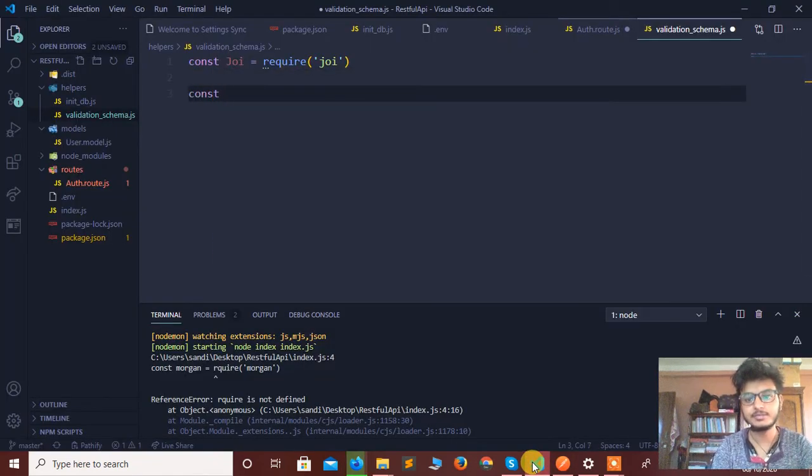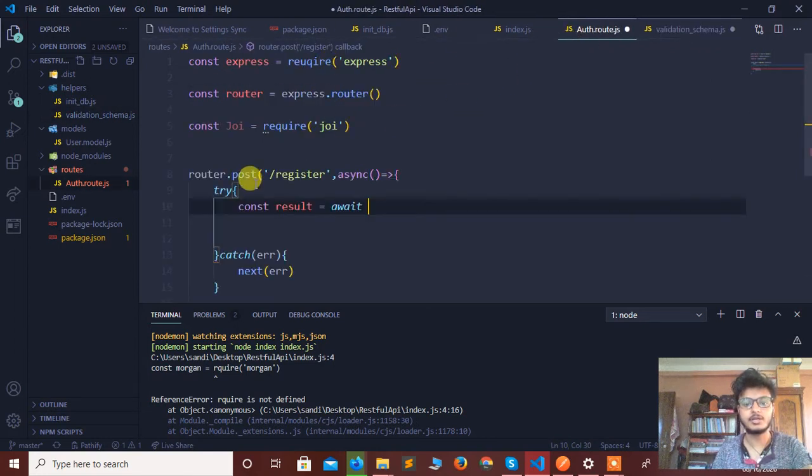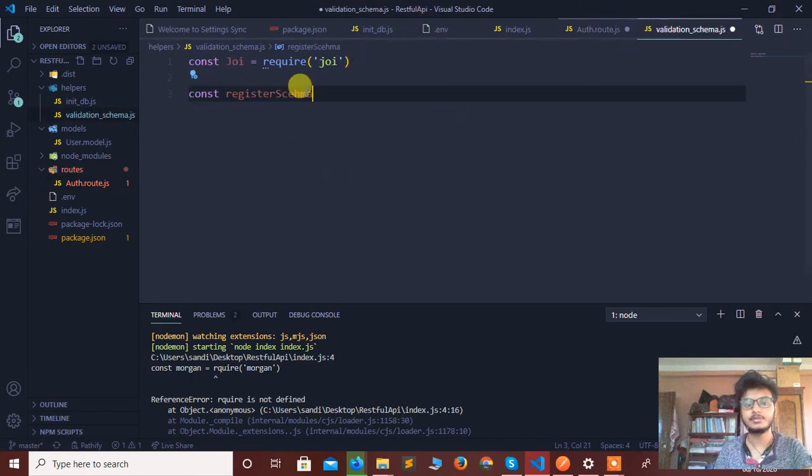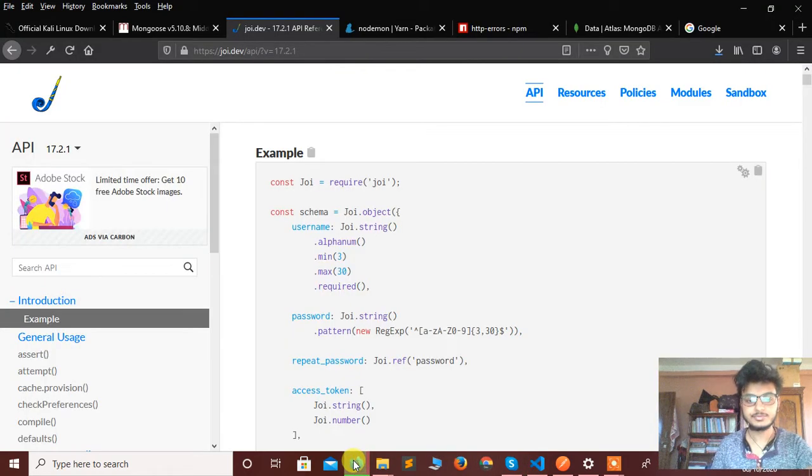Let's write const register schema. Why did we write register schema? Because in auth.route we are dealing with register. So this validation will work over here. So register schema is equal to